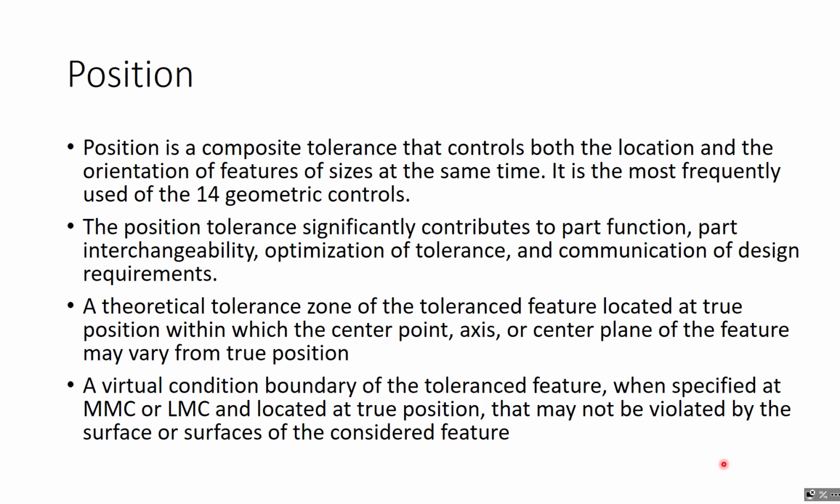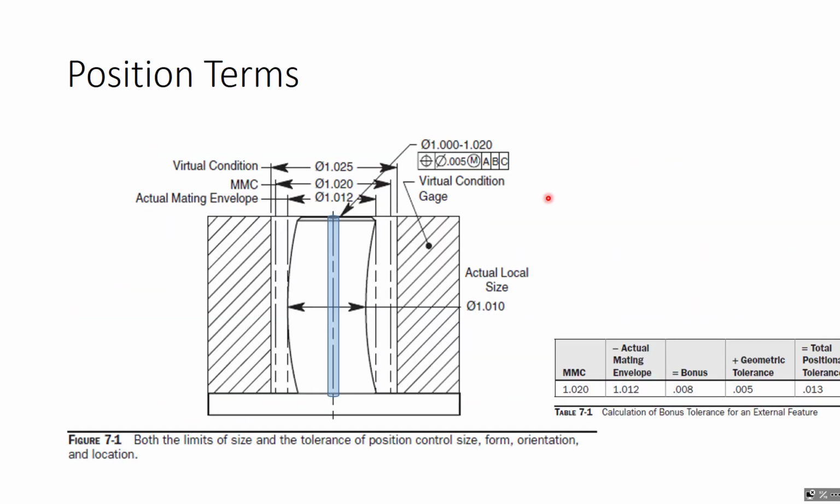Your theoretical tolerance zone is located at the true position, so that's identified by those basic dimensions. And we're going to talk about this virtual condition boundary for the max material condition or least material condition. We'll get back to that shortly. Here we're talking about an external feature, a peg. You can see that we've got a plate down here with a post coming up off of it that we are trying to inspect. The peg is established to have a diameter of 1 to 1.02,